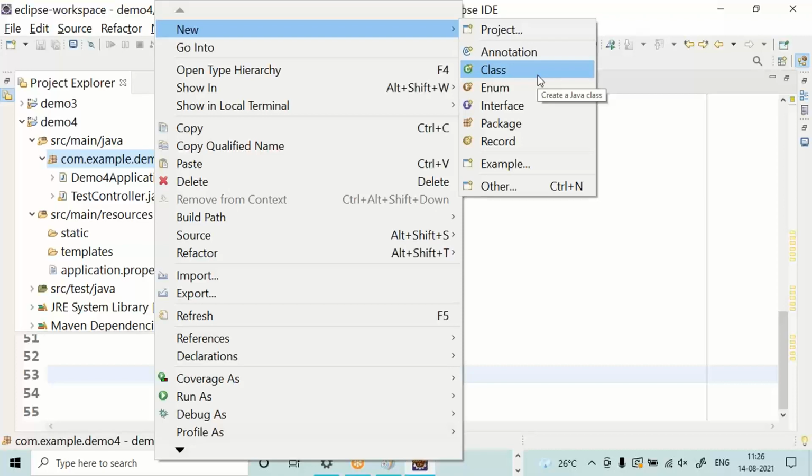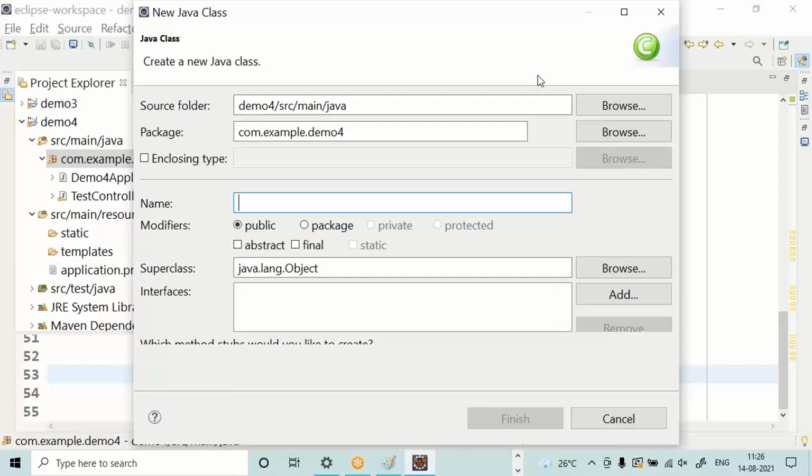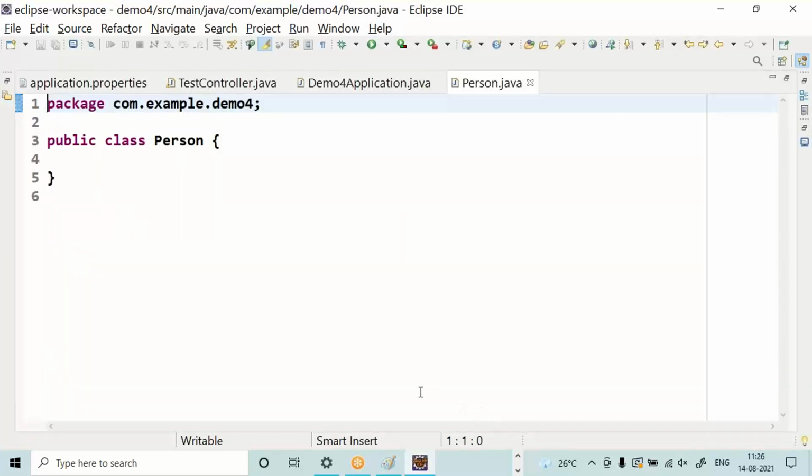Select a class. I'm choosing the class name as Person, P with uppercase. Click on Finish. You will automatically get a Person class.